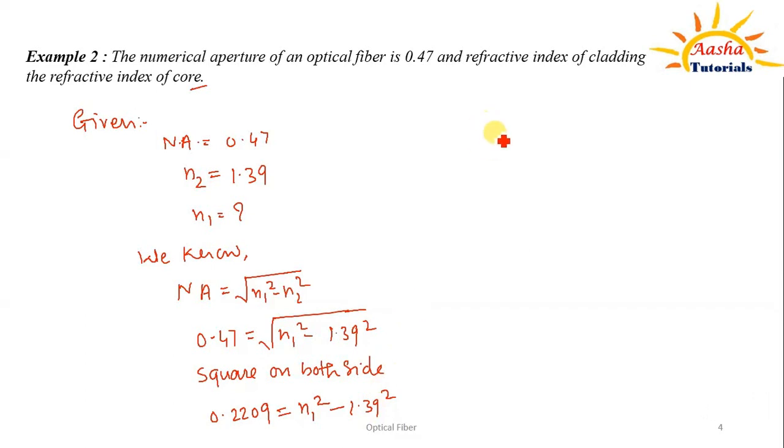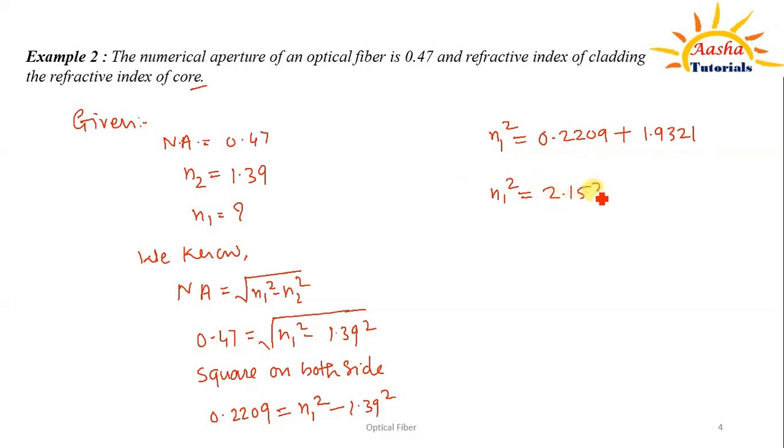Then as we want to find n1, n1 square is equal to this minus 1.39 square; I will take it to this side. So what I get here is 0.2209, that minus becomes plus, and the square of 1.39 gives me the value 1.9321. So adding those two we get